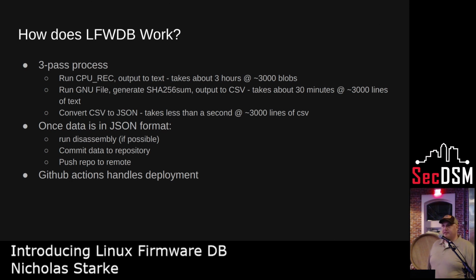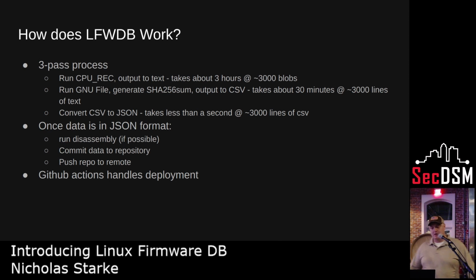And really, the disassembly is not there to reverse engineer. It's there for whoever is coming to consume the data to perform a quick heuristic as to whether or not the file is the instruction set architecture that my data claims it to be. So what I mean by that is, if you take a look at some of the disassembly and you see it doing all kinds of weird things that no program would ever do, you know that the data is not computer instructions. You know it's encrypted or compressed or something like that,